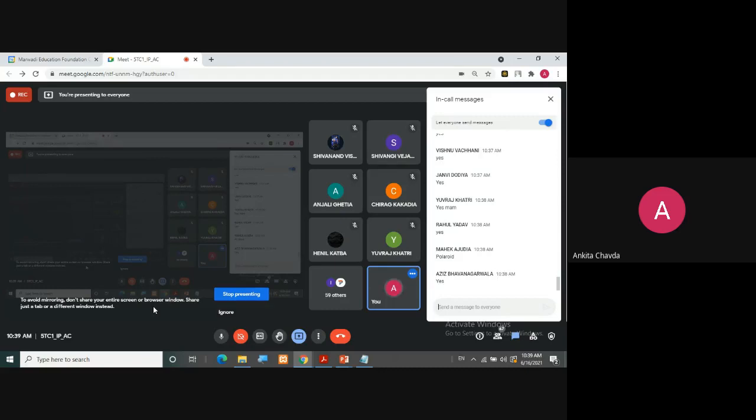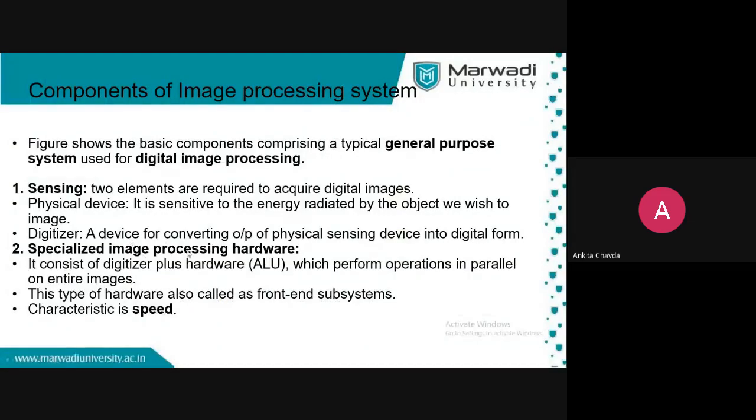Are you getting it? So this is the specialized image processing hardware which is attached there. It consists of digitizer plus hardware ALU, which will perform operations in parallel on the entire image. This type of hardware is also called front-end subsystems, and the characteristic is what? Speed, obviously.